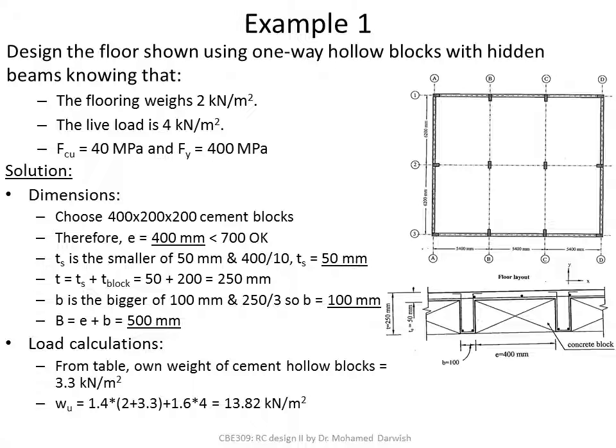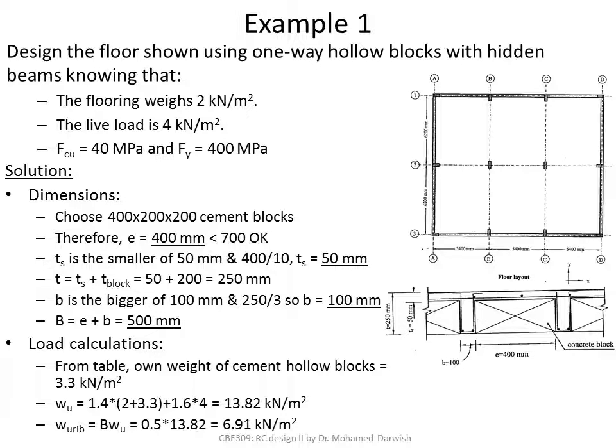I want you guys to think of comparing this to what we got from a flat slab before. If you remember, we got from a flat slab before something about 18 kilonewton per meter square. Here it's 13.8. So there is more than 4 kilonewton per meter square of savings in the ultimate load. So this will make a big difference in our design in terms of the amount of reinforcement you will be using within this